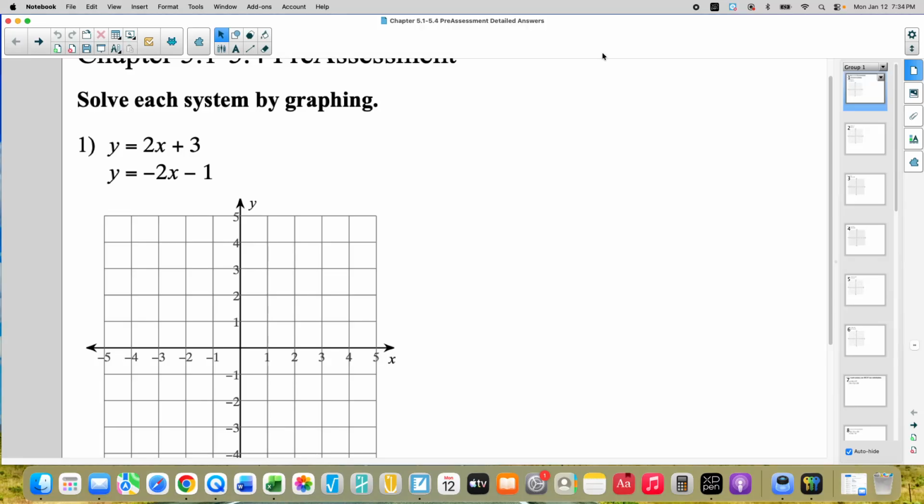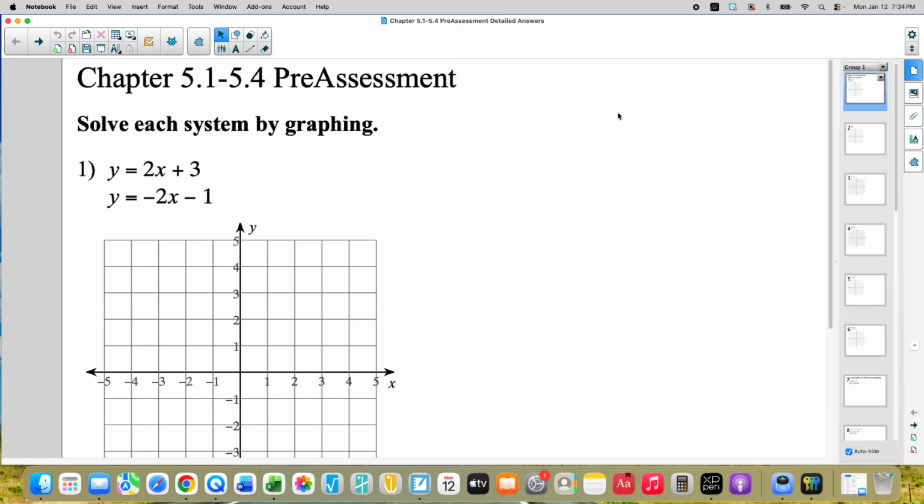Welcome to Chapter 5.1 through 5.4, Pre-Assessment, dealing with systems of equations. So we're going to have linear equations. Notice we have two linear equations right here. They're going to be given to you in different formats, meaning you should know how or recognize